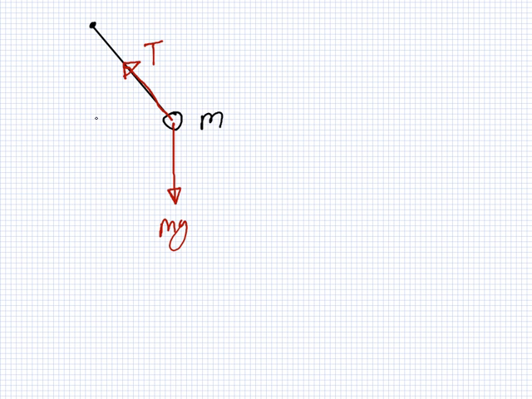Okay. So, let's just call this angle here theta. Now, what I'll do next is I'll change this mg. I want to resolve it into two components here. So we have one this way, and we have one this way. And if that's theta, this here is theta as well. So that makes this one mg cos theta, and this one here mg sin theta.